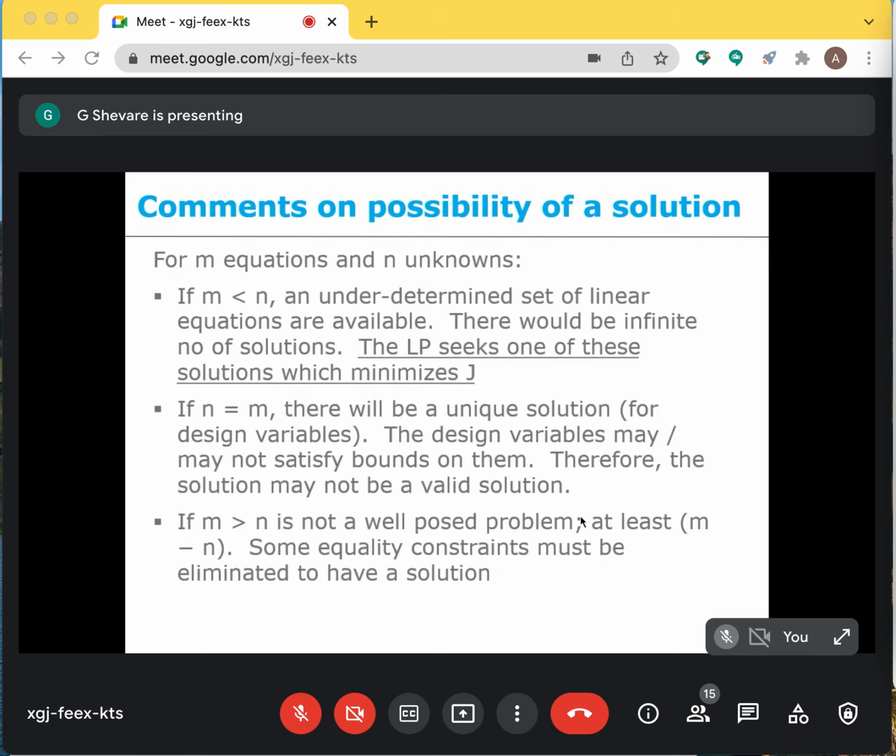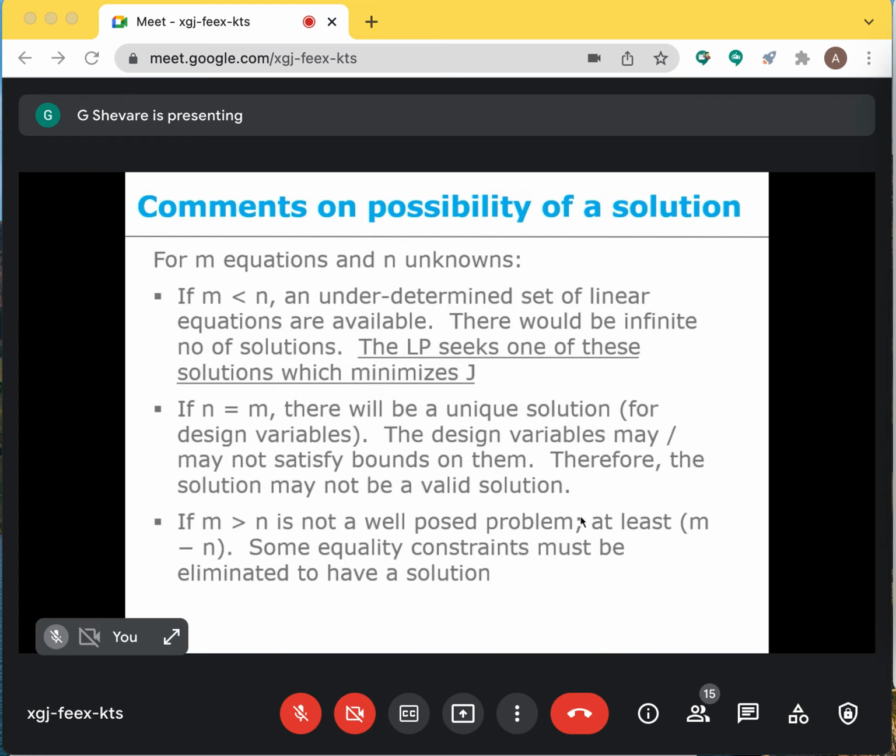Anyway, some comments we shall make. Remember, m are equality constraints which represent the analysis of the system, and n is the number of design variables. If the number of equations is less than the number of unknowns, this set of equations which generates x